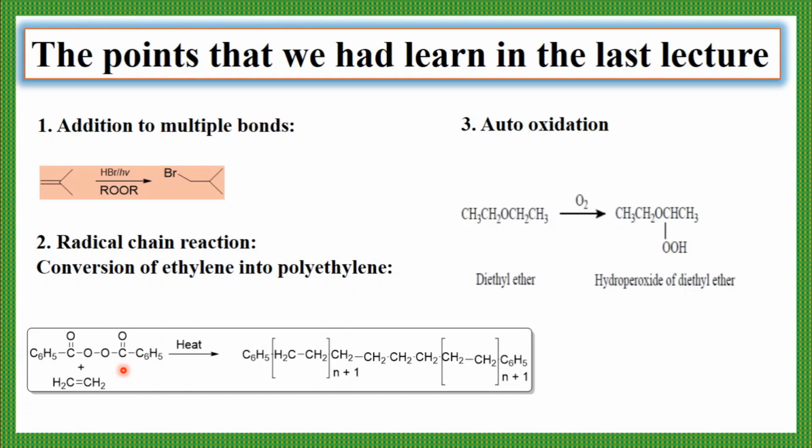So this is about the radical chain reaction. Then again in the last lecture we had learned this auto oxidation reaction. What is auto oxidation reaction? So auto oxidation, it is nothing but the spontaneous oxidation of organic molecule. It is a spontaneous oxidation of organic molecule in presence of air, that is called as auto oxidation. And the slow oxidation without combustion of organic substances by atmospheric oxygen is